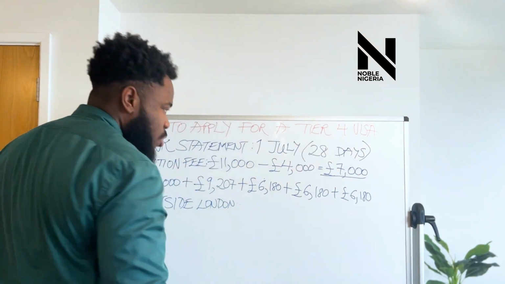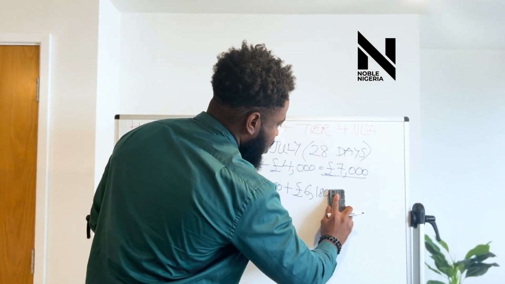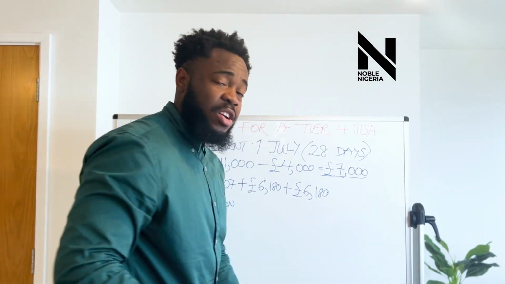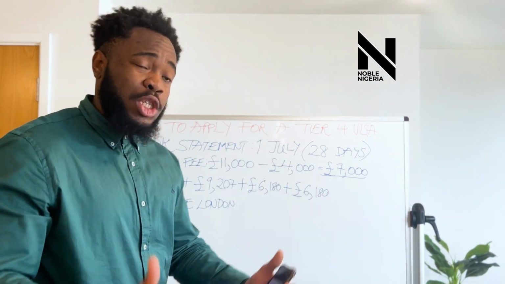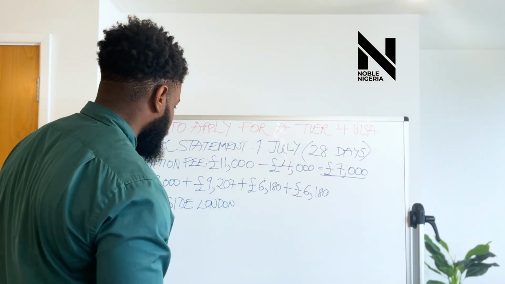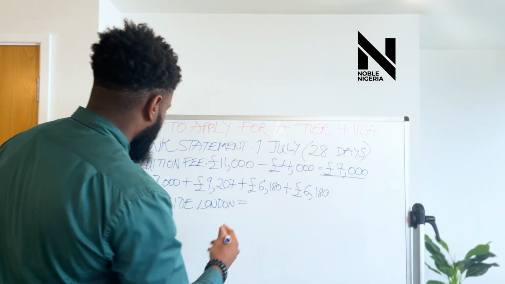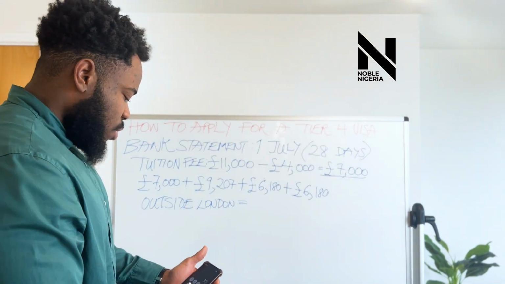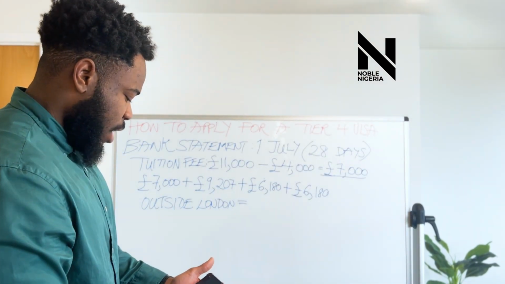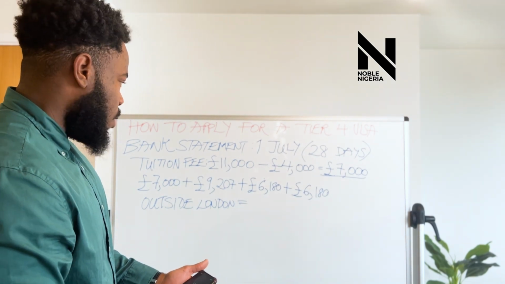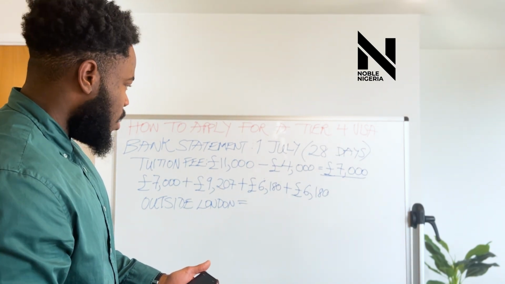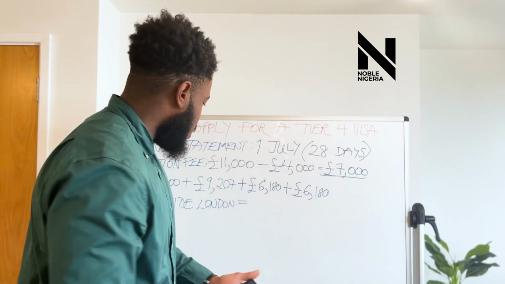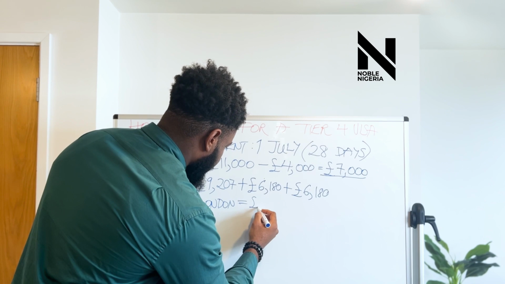So let me just say you just have one child. Let me just, as an easier example, right? You have one child, you're in Nigeria, you're planning to come over from Nigeria to the UK with your wife and your child. Then that means you're looking at, again, back to the calculator, £7,000 plus 9,207 plus 6,180 plus 6,180. So you're looking at 28,